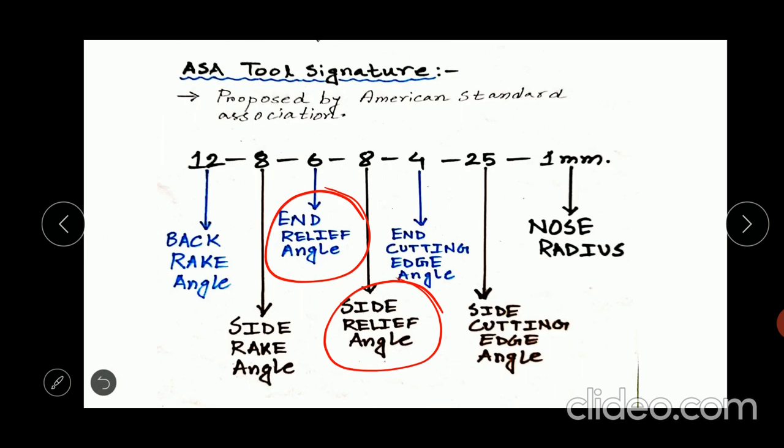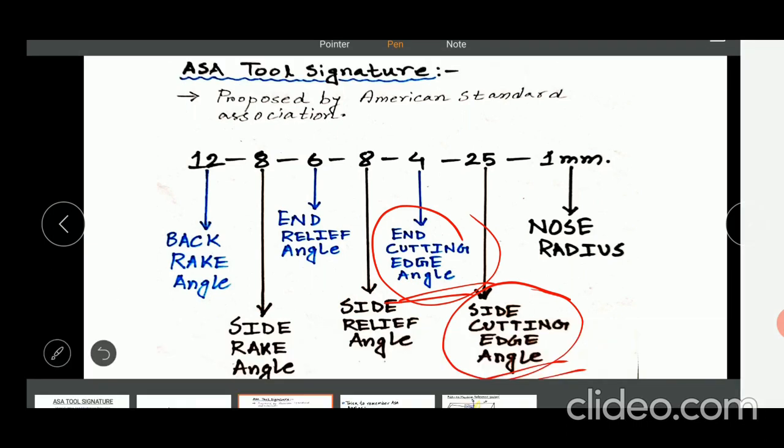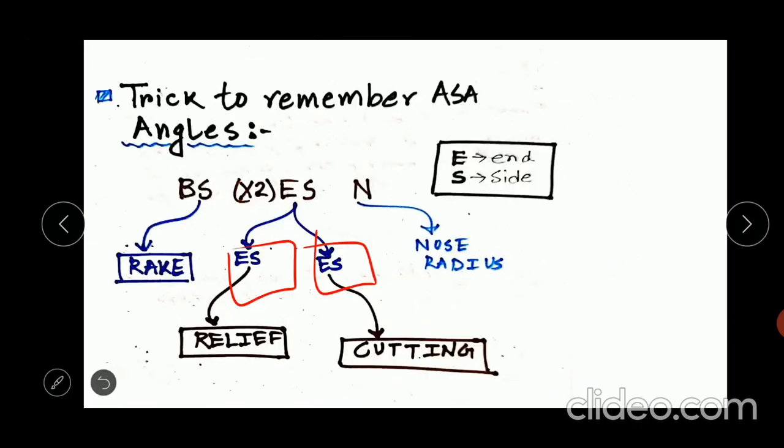You can see here that the third, fifth and sixth angles are the end cutting edge angle and the side cutting edge angle. So the fifth and sixth angles are cutting related angles. The first ES is related to the relief part, and the second ES is related to the cutting part. Still, if you have a doubt whether the relief part comes first or the cutting part comes first,